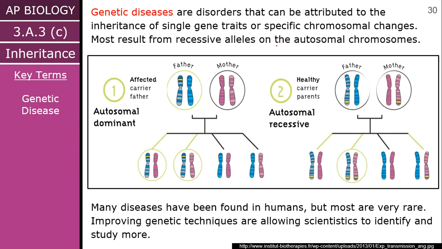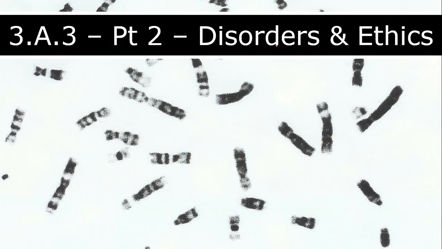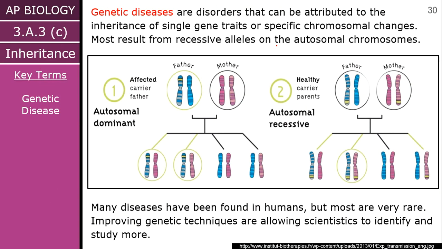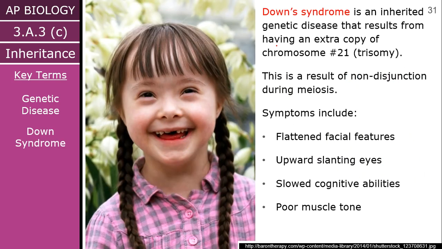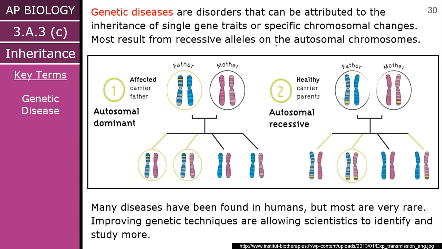But I just kind of wanted to talk a little bit about disorders, so genetic disorders, and the ethics behind treating them and working with individuals with them. So now that we can track traits, a lot of traits actually are diseases. And so you need to start thinking about what would happen if you had a parent who had a trait such as maybe cystic fibrosis or Down syndrome or any other genetic caused traits, and what that might cause in